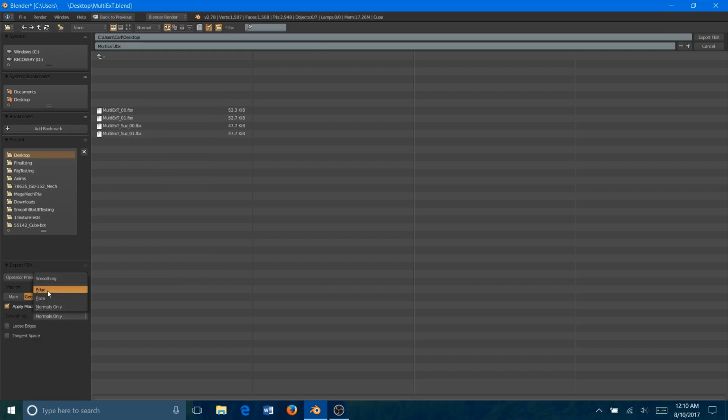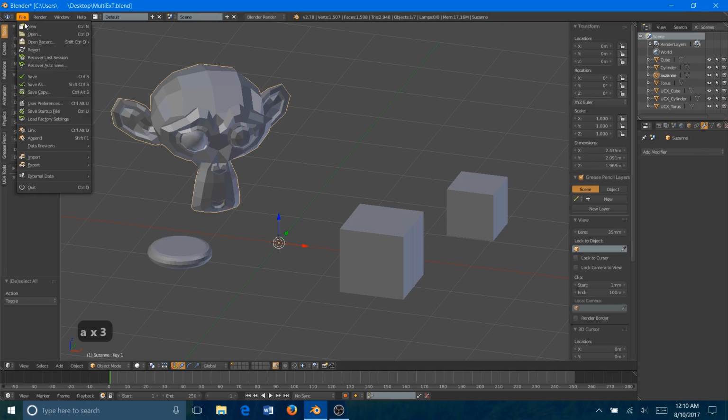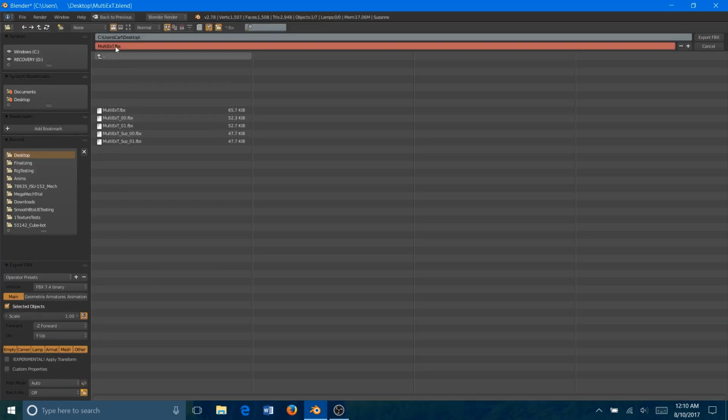You want your smoothing to be edge, and I always deselect add leaf bones by habit. Then export it out. Now you want to export Suzanne separately. So I'm just going to select her and then export FBX. And I'm going to rename the file so it doesn't overwrite my original. And again, make sure selected objects is checked, negative Z forward, Y up, smoothing at edge, and no leaf bones,